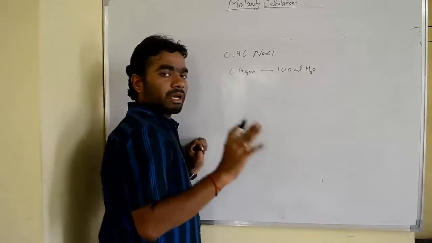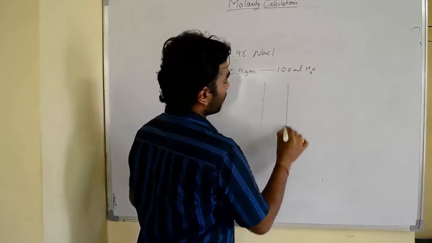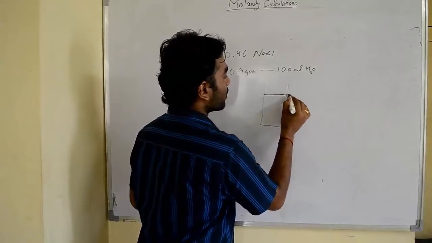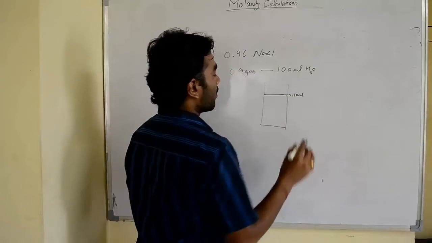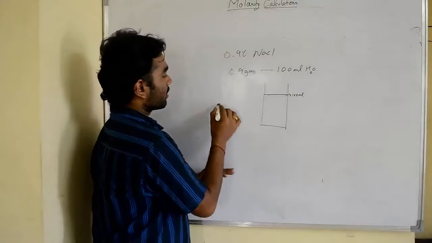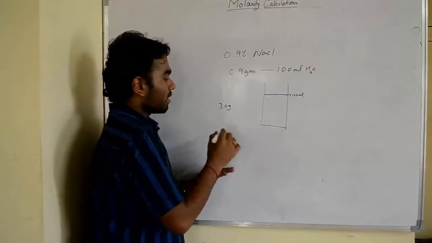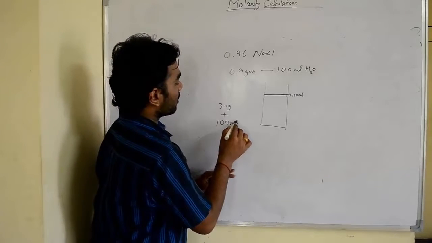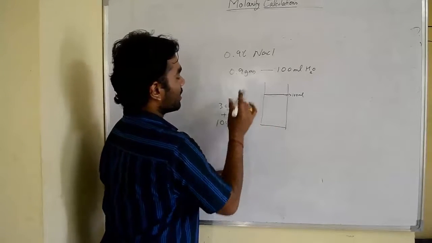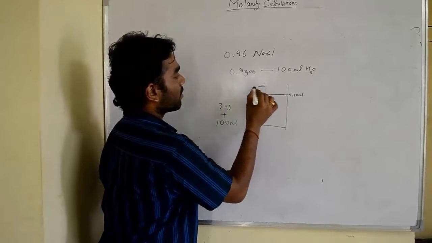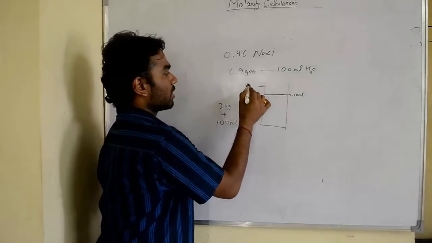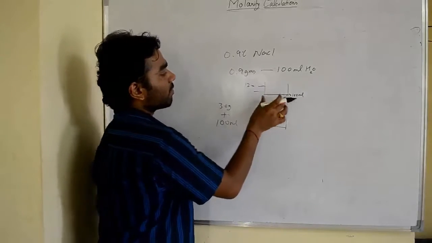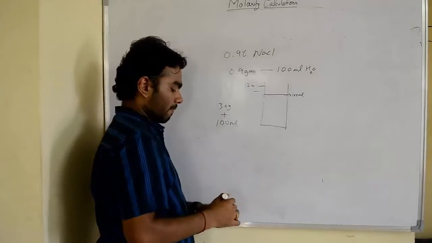And we have to remember every time that you have to take the measuring cylinder and make it up to 100 ml. For example, if your solute is 30 grams and you are preparing 100 ml, and if you add 100 ml water, then it may rise to more than 100 ml. It may go to 120 to 130, something like that. So we have to always make up to 100 ml. That is very important.